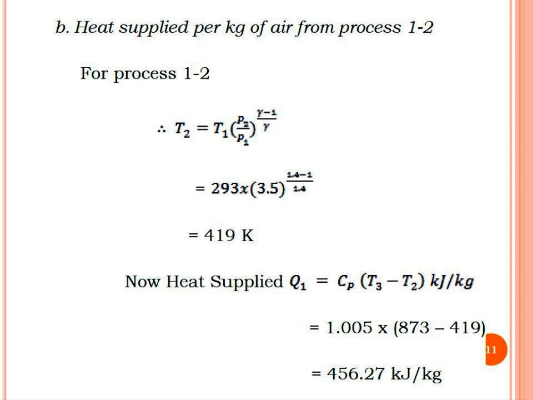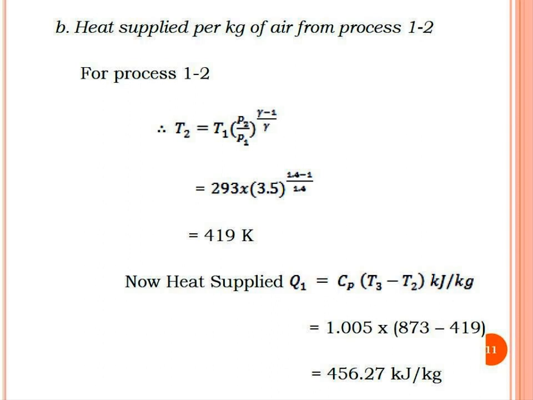So for the process 1 to 2, that is the compression process, we know that T2 equals T1 into pressure ratio raised to gamma minus 1 upon gamma. So T1 is 293 Kelvin. So T2 is 293 into 3.5 raised to 1.4 minus 1 divided by 1.4. So we'll get the T2 temperature,